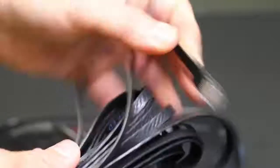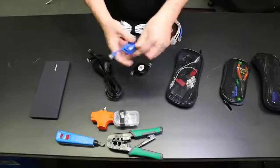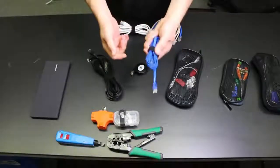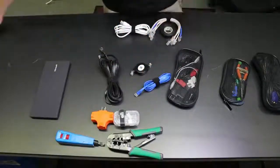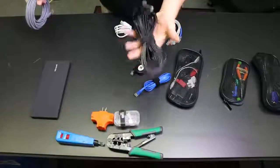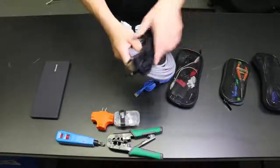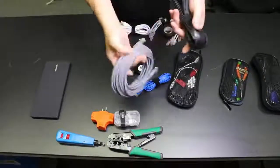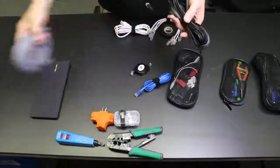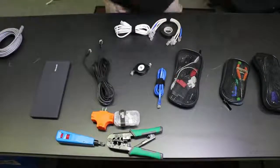So it's 20 foot of flat Category 5E cable, and then I have a shorter 6-foot one, but they roll up easy. Fold them in half, put them on there. It's not even a challenge to get them on here. To get a comparison, 25-foot cable here, 25-foot cable here. So much more bulky and non-manageable and not squeezable into a condensed package when you have the standard round network cable. So this is great, 25 feet when I need it,